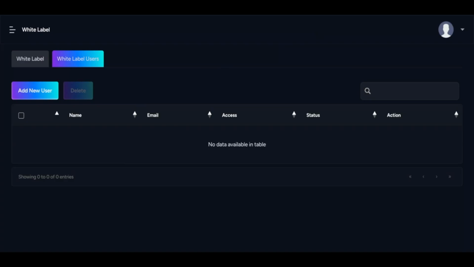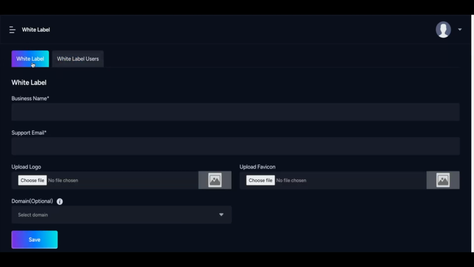The difference between the agency user and white label user is that the agency user will be able to access the services using the OmniSites brand name, but the white label user can access the services with the brand name that you have added. So in this way, you can do the white label setting and enjoy the services of